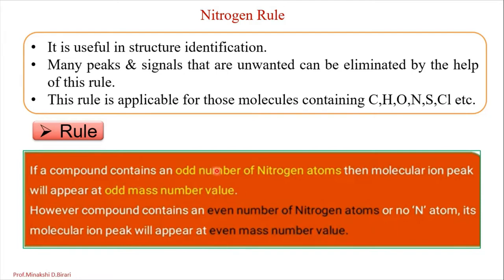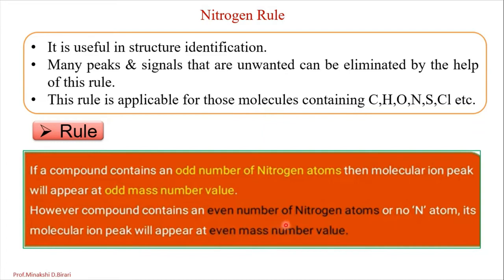The effect of nitrogen atoms on the mass of the molecular ion in mass spectrometry is called the nitrogen rule. If the mass of the molecule is even, then the number of nitrogens present in the molecule should be even or should be 0. If the mass of the molecule is odd, then the number of nitrogens present in the molecule should be